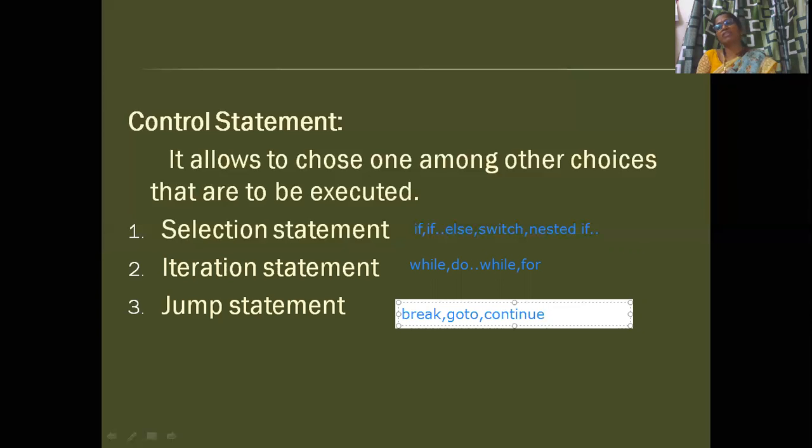Right? Hope you have understood the statements: declarative statements, expression statements, compound statements, labeled statements, and control statements. Like this, we can write the statements in our C language. In any of these ways, you can write your C program instructions.